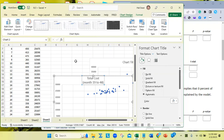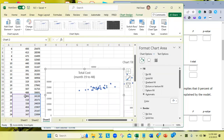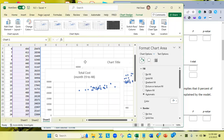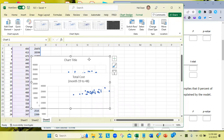Every step. When I click on that chart, it shows me it's from month 19 to month 48, right? And it looks different than this, right? It looks different than that one. Okay, in this one,